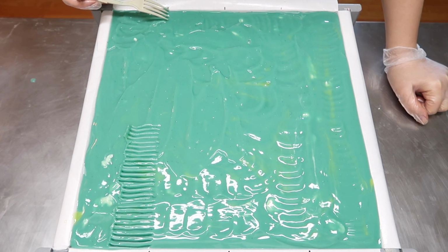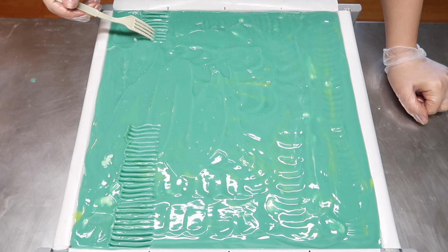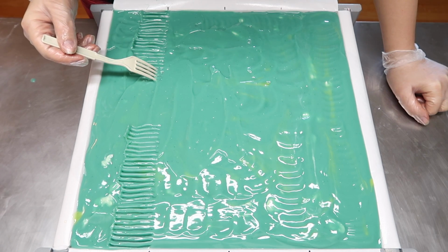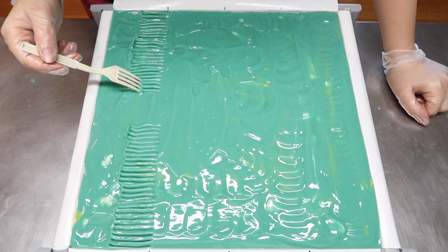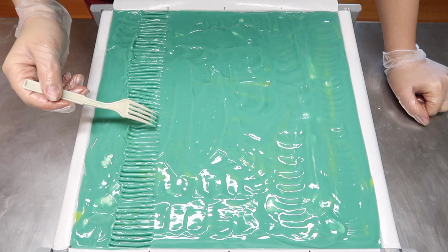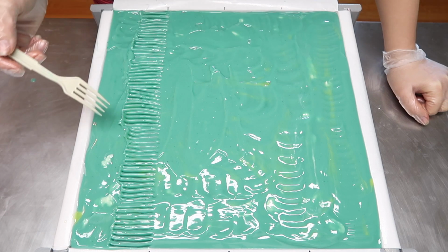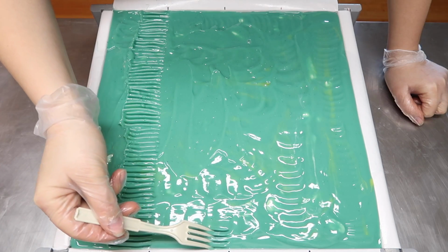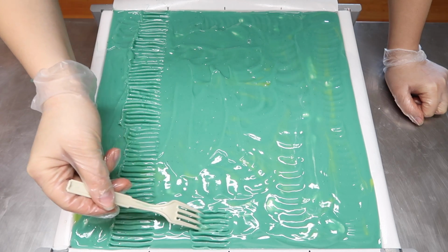I go about halfway and then I start on the other side, that way I don't mess it up and get completely diagonal and crooked. But I do this because number one, it looks really cool, but number two, I have a really pretty little thing that's going to go on top, and it tends to grab onto the soap better if there's a little trench like this. Now I'll come over to the other side and do the same thing, because again,